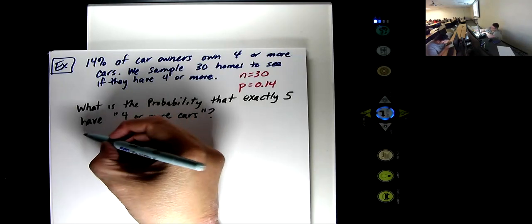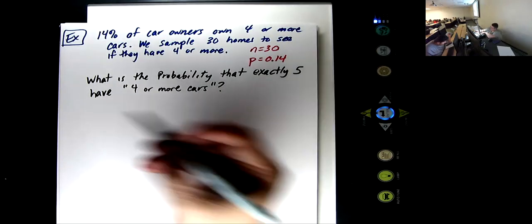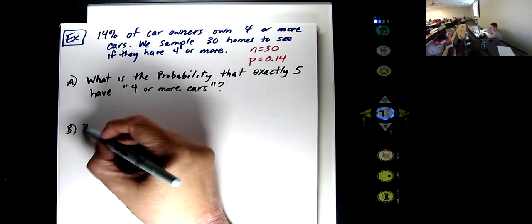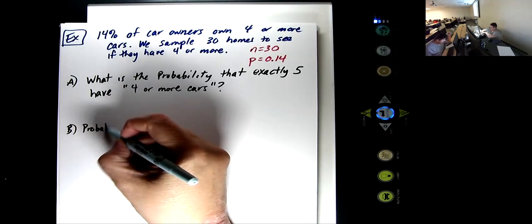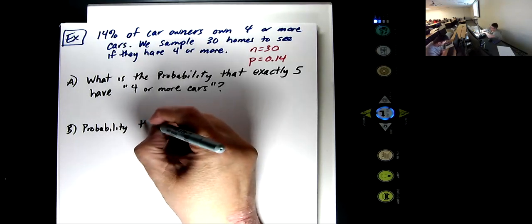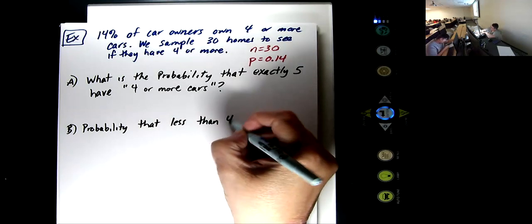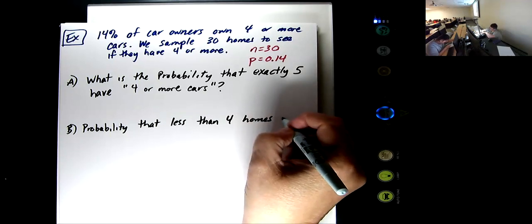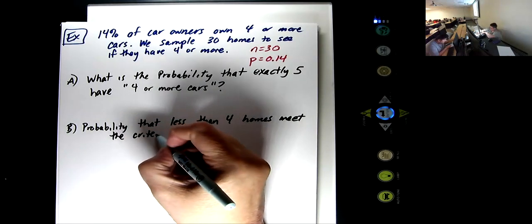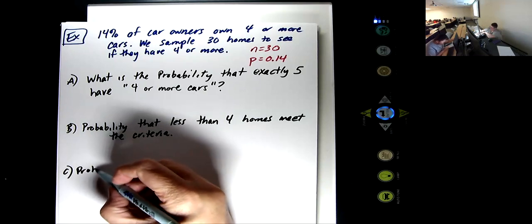So we're going to check a couple ones. We'll call that A. B is going to be the probability that less than 3 or 4 do. And then we'll check the probability that at least one house